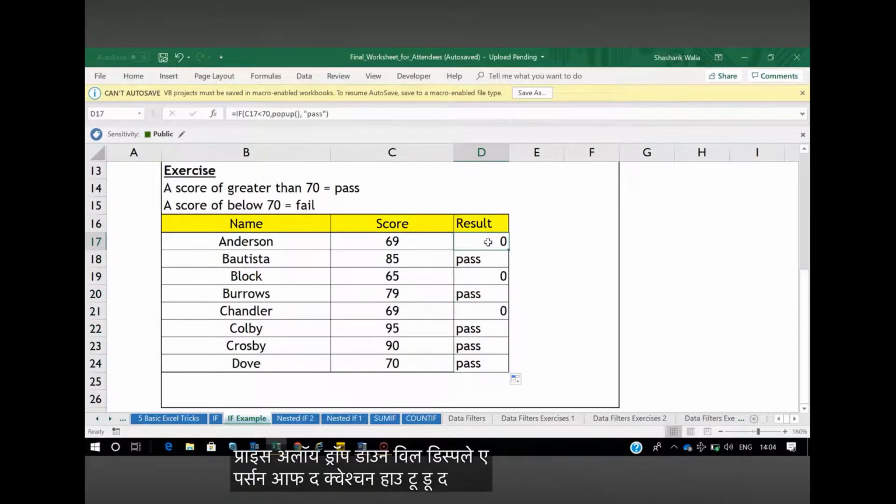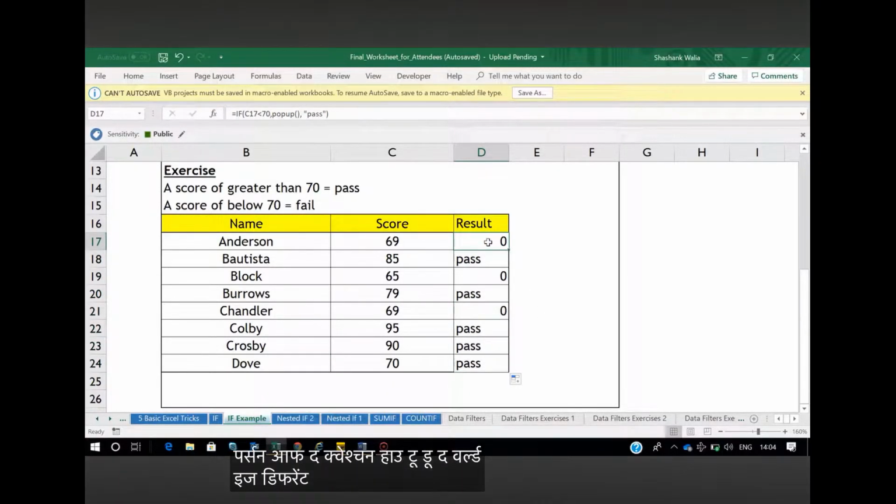So the question is how to do that. How do you design, create your own user defined functions. We call them UDF, the user defined functions. उसके लिए सबसे पहले आपका जो Excel है, राइट, उसके ऊपर आपको डेवलपर टैब एक्टिवेट करना पड़ेगा।